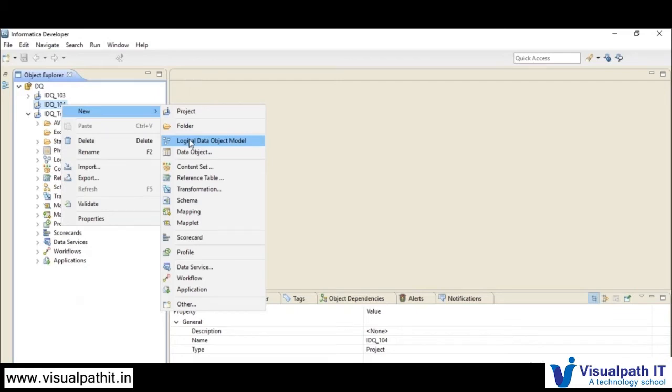But at a high level, to understand this option, the logical data object will be used to create a customized data object structure. Within that we can apply business logic.